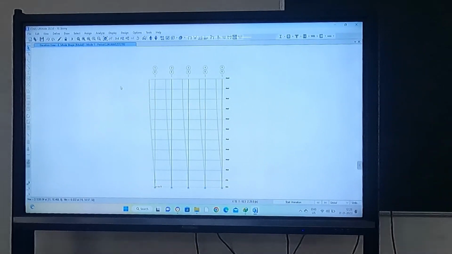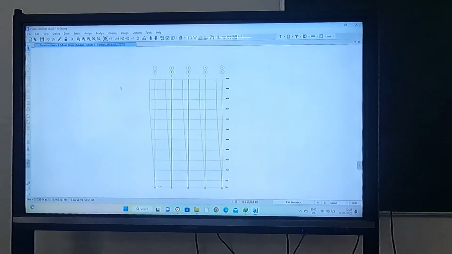Okay, and there one thing to confirm is whether the period the software is giving is as per our expectations or not. Sometimes what happens, if you are not doing the modeling properly, the model is not accurate enough, so you can get some absurd result which is not expected. Because software doesn't know what is the correct answer, what is the wrong answer. Whatever input we are giving, software will give some output for that. Now we have to judge whether that output given by the software is correct or not.